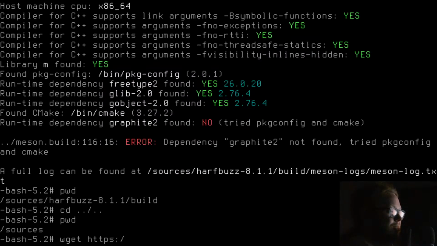wget https://github.com/silnrsi/graphite/releases/download/1.3.14/graphite2-1.3.14.tgz. I hate that.